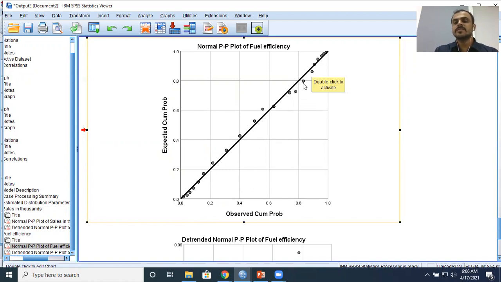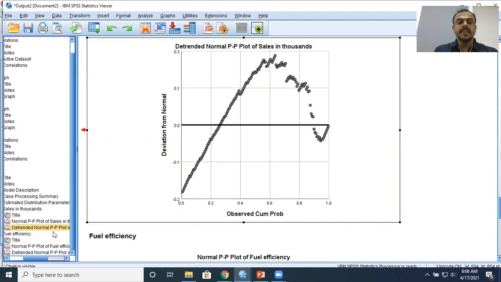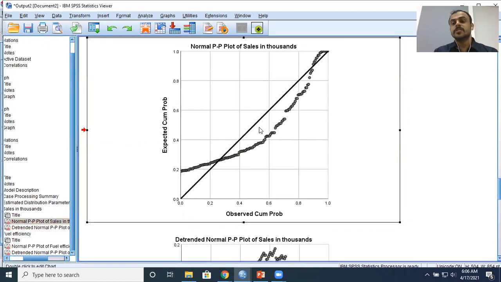A few stray data points here are off the diagonal, but most of the data points are lying along the diagonal. Since most of the data points are lying along the diagonal, you can say that the variable fuel efficiency is approximately normally distributed. I repeat, fuel efficiency is approximately normally distributed, but the other variable, sales, is not normally distributed.